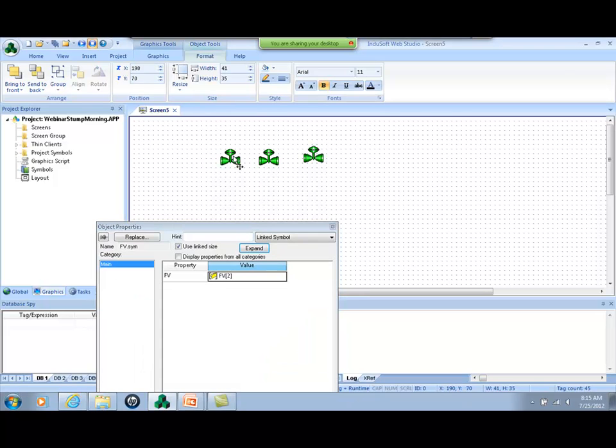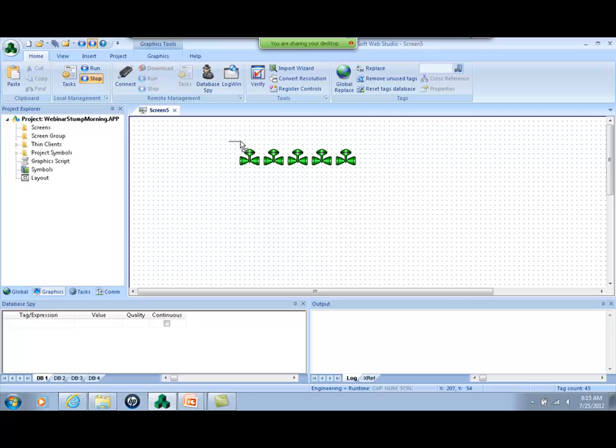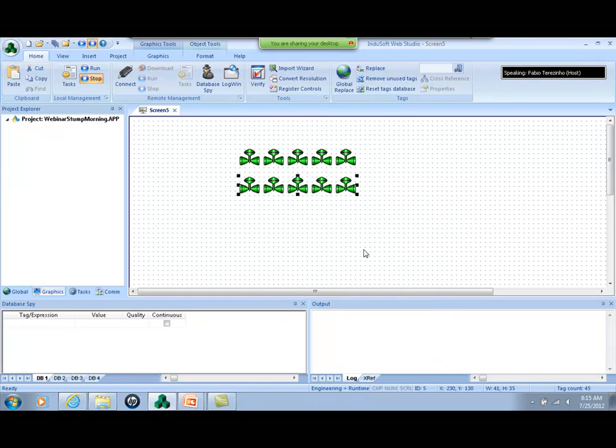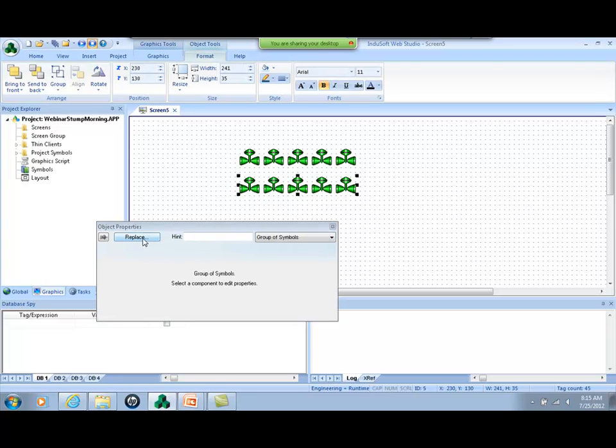Sometimes you want to change many symbols at the same time. So for instance, I have those three. This one I want to make fv4, and this one I want to make fv5. But if I have 5 more valves, I could just copy those 5, group them, and use this replace option